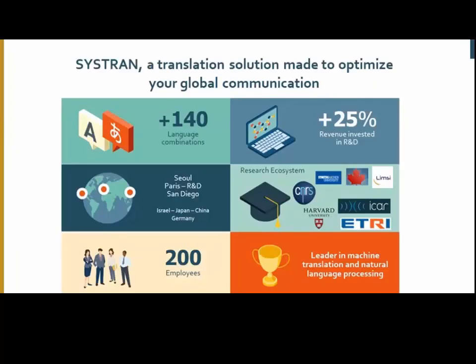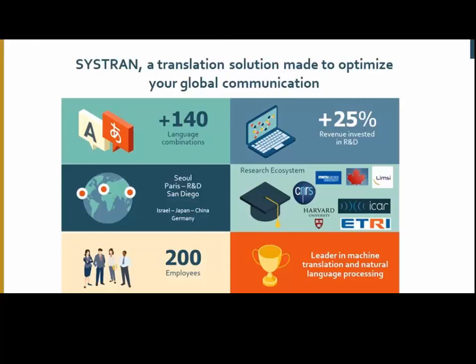Okay, so just a few words about SYSTRAN. SYSTRAN is quite an old lady. We have 50 years. We celebrate that this year. And we've always been a pioneer in this technology of natural language processing and machine translation. That's why we are very technology innovation oriented, because we initiated the various phases of the evolution of machine translation.